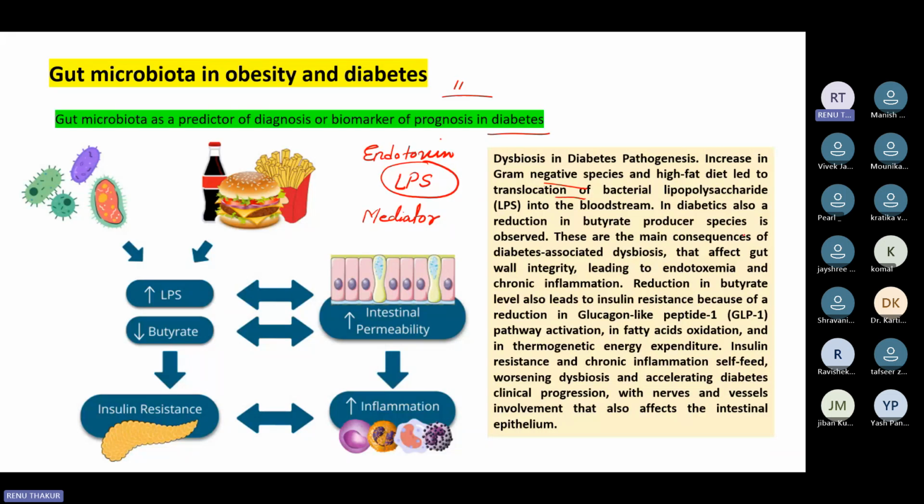Now, what are the major factors which are responsible for diabetes pathogenesis? I discussed yesterday also that it is a metabolic disease. Metabolic disease means you are the one responsible for the diabetes pathogenesis, because the major role is of diet. And nowadays our diet is not at all clean. It is full of junk and overloaded with only glucose, only sugar.